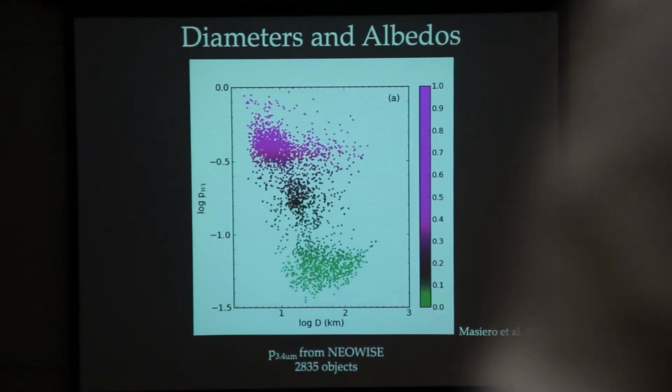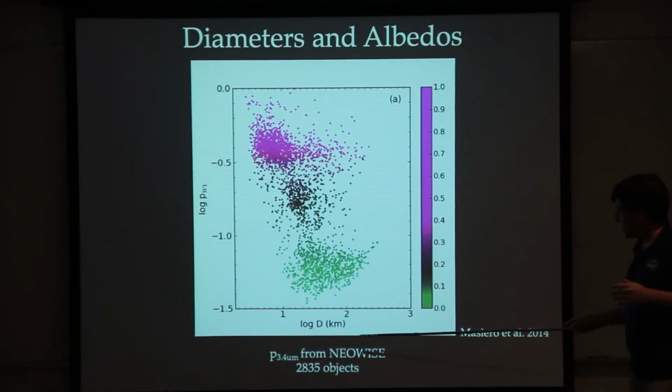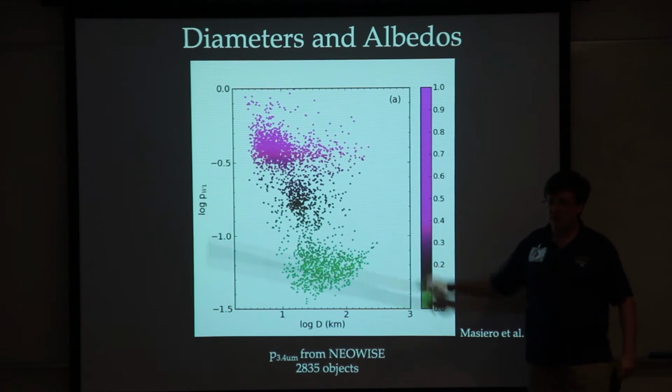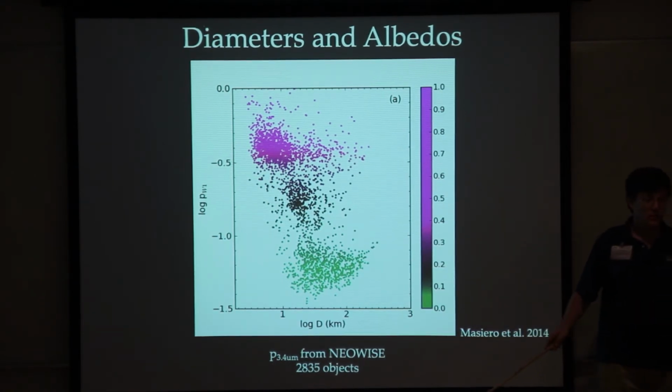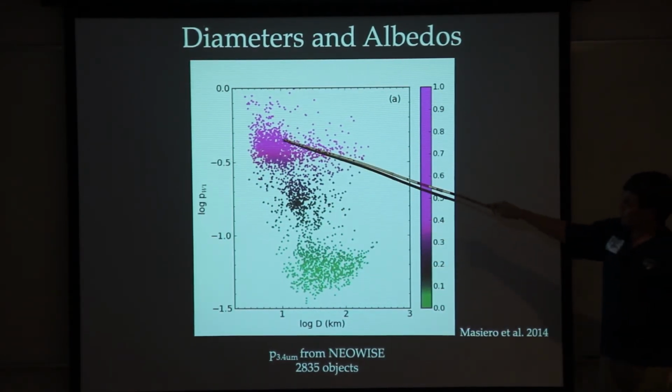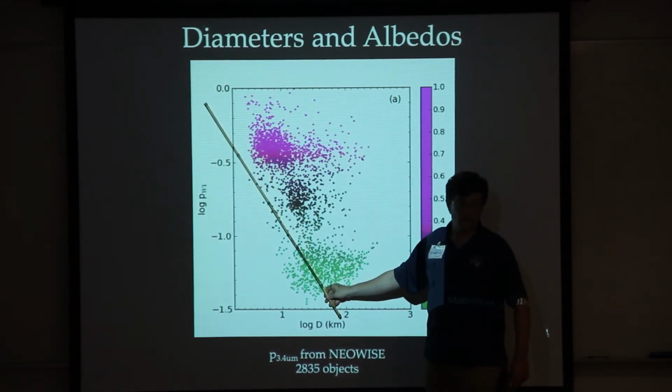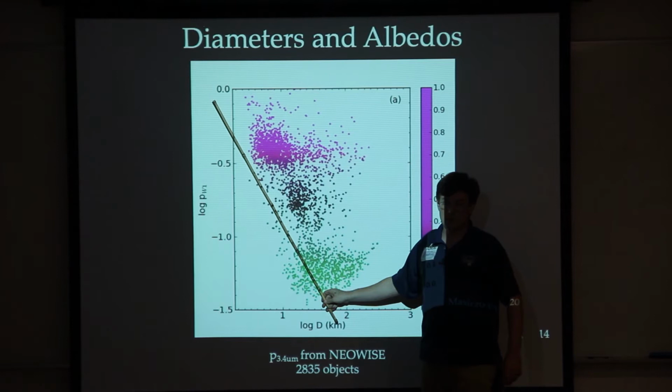One of the other benefits we got from WISE, and I'll talk about this more on Friday, is near-infrared albedos. So we observed at 4 bands, and for a few thousand objects, we got reflectivity at 3.4 microns. And we see now 3 populations. Of course, we have this effect here. This is an incompleteness, because